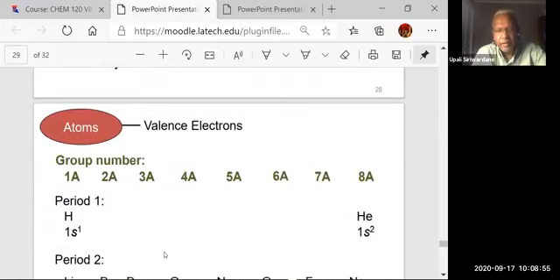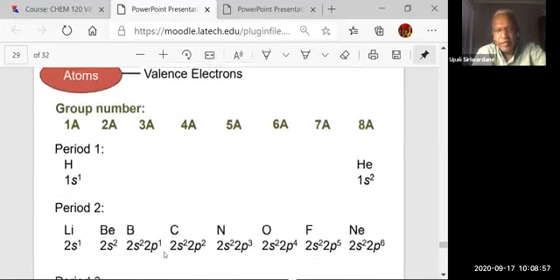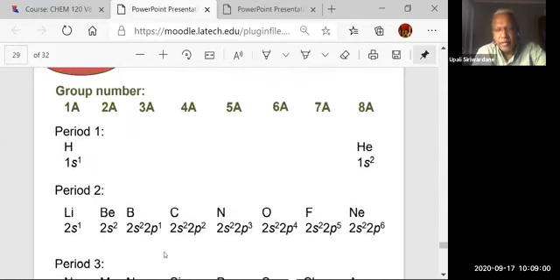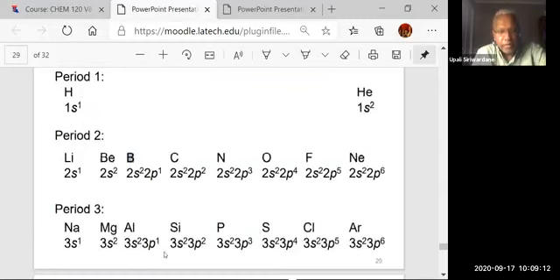If you look at the representative elements, the A groups, this is the electronic configuration of the valence shell. Each group has a similar valence shell configuration, except for two in the third period. So that shows it is important to know the